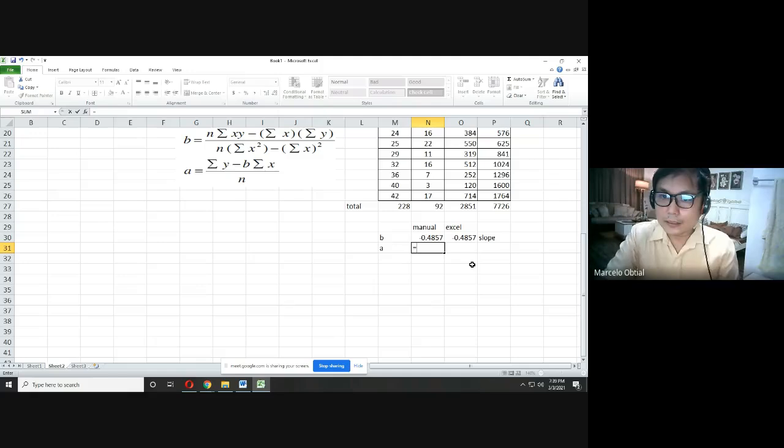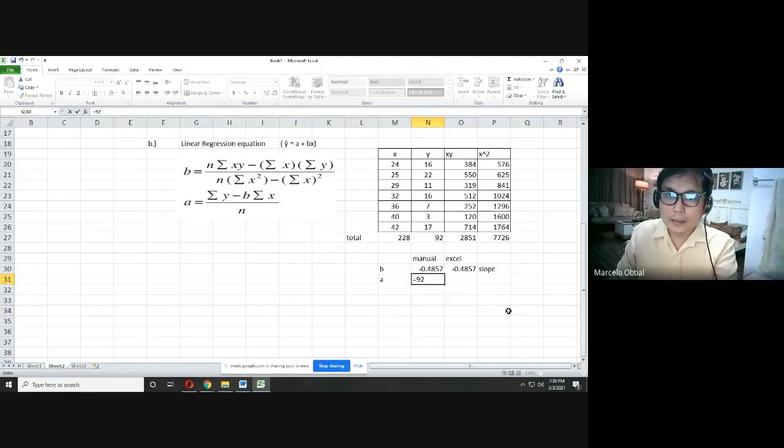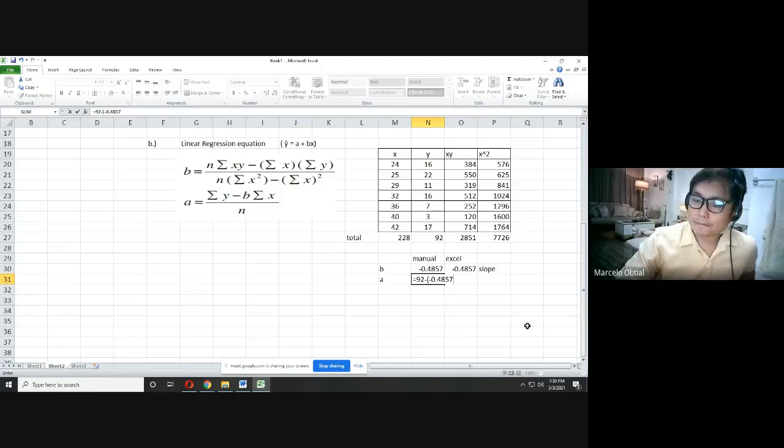So, numerator natin is summation of Y, which is 92. Okay, 92 yung Y natin dito. Then minus B, okay, open parentheses, kaya may mag-double yung minus, okay, or negative sign. Then 0.4857. Okay, when you're using the manual method, I suggest to use at least 4 decimal points or 3, or pwede na siguro 3. Okay, 4 decimal points tayo. In this case, no? Para mas close to reality ba? Okay, next. We need to multiply summation of x, which is okay,